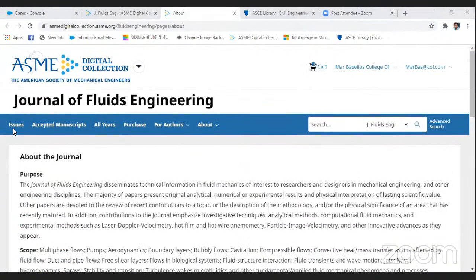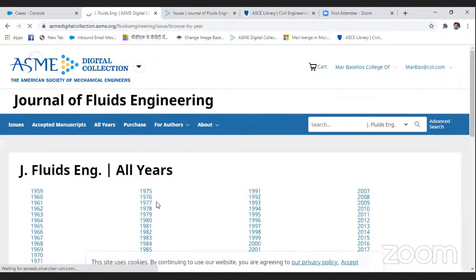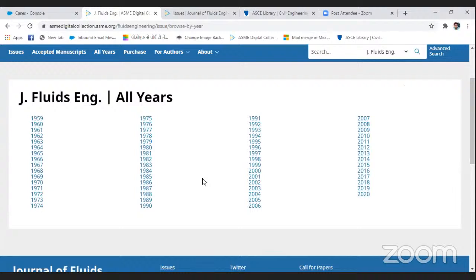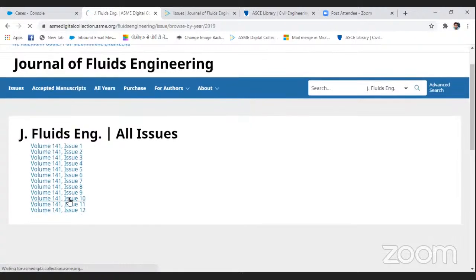Then if we want to see all years issues, just click here. You will see the issues available for this particular journal. You can jump into anyone. I'm going for 2019. You can pick any of those,